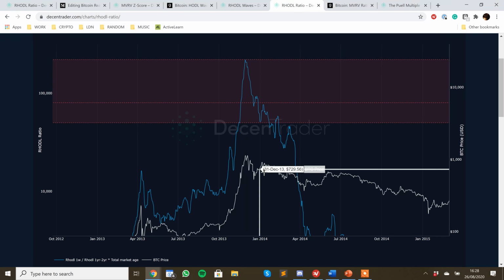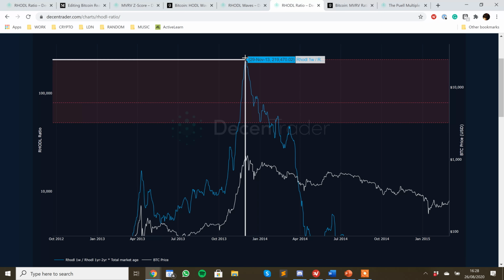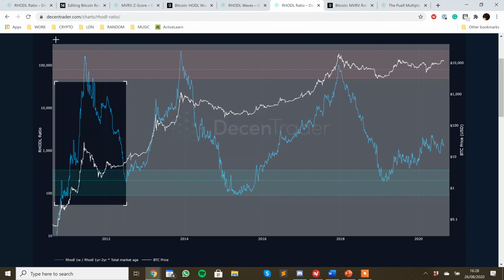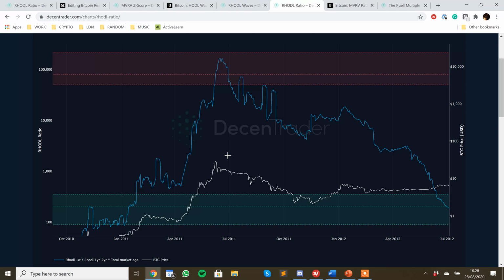So the cycle before it pretty much got it spot on, and then the cycle before that it was pretty close. Let's just have a quick look. So yeah, it entered the zone the day it topped out, and then it peaked a few days later, but you were still catching this area,